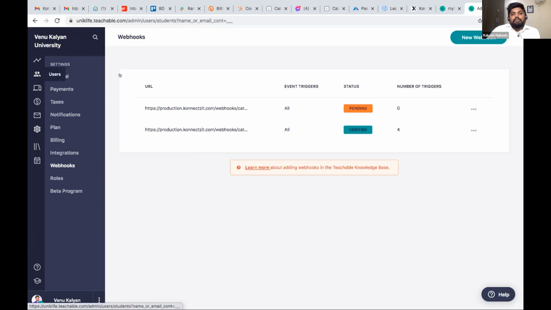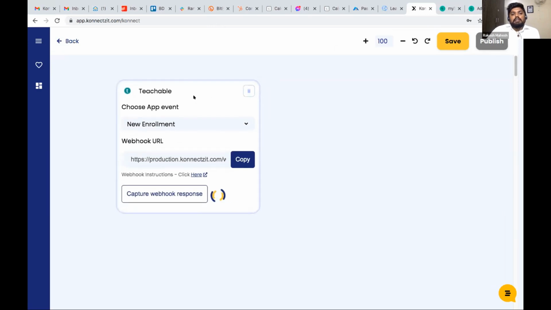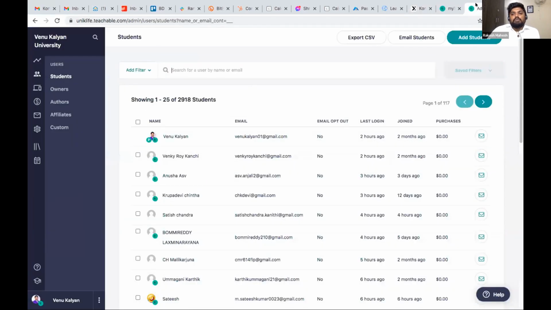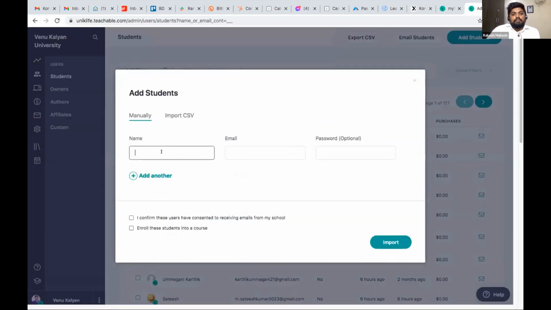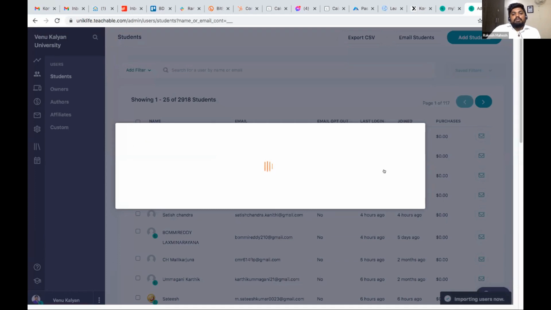Now if they want to get any data, they just need to click on capture webhook response. This will trigger Connects to capture the webhook from Teachable. Now they just go here, add a user, click on enroll, and click on import.